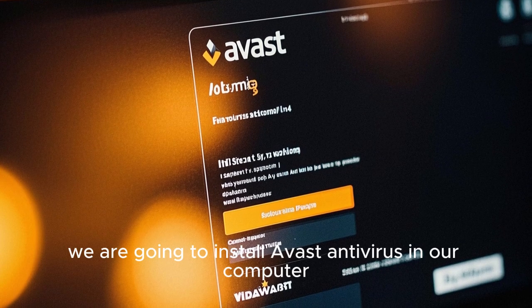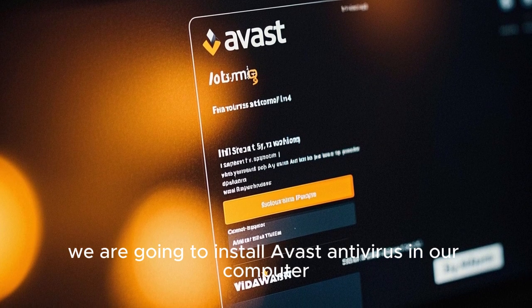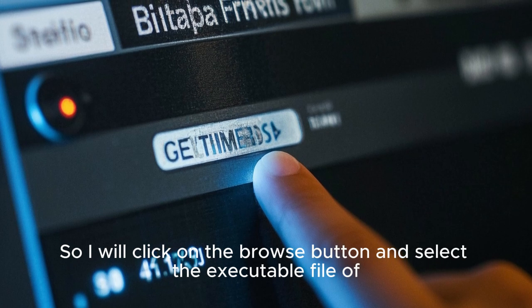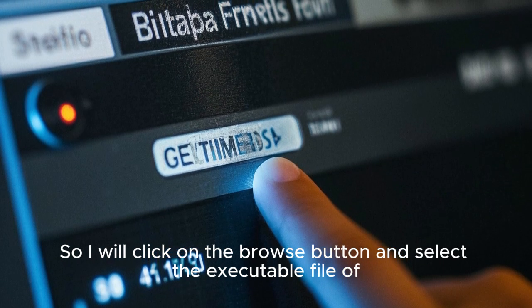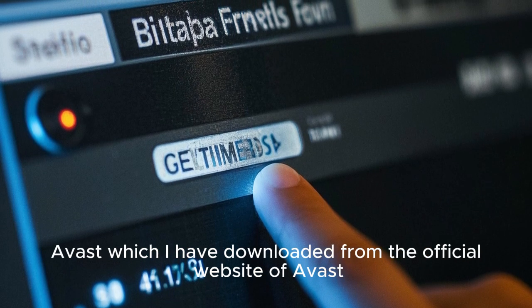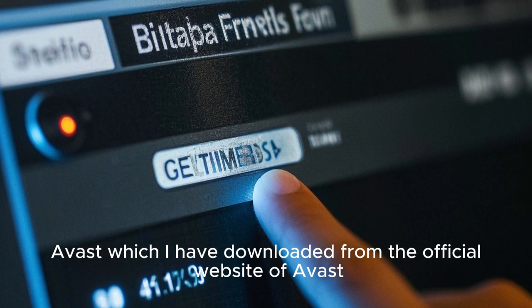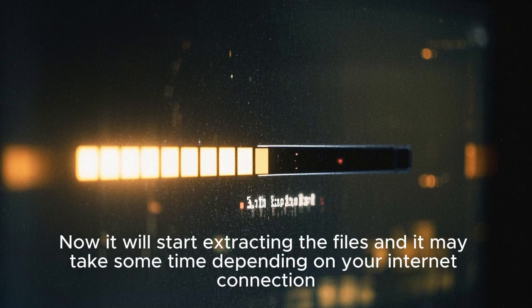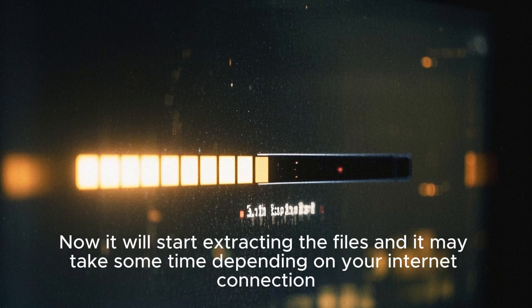In this video, we are going to install Avast Antivirus in our computer. So I will click on the Browse button and select the executable file of Avast which I have downloaded from the official website of Avast. Then click on Open. Now it will start extracting the files and it may take some time depending on your